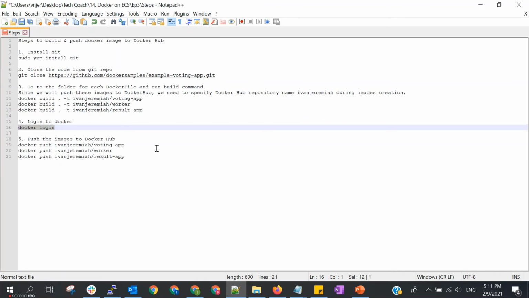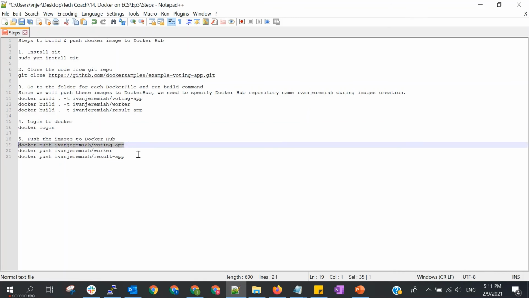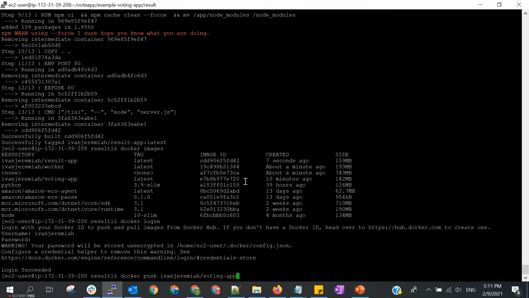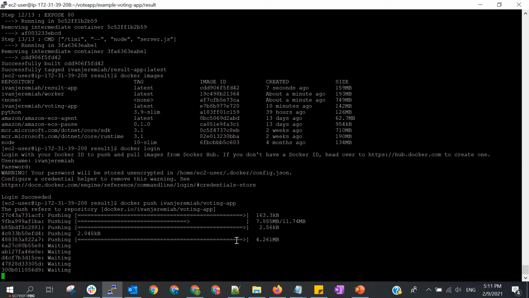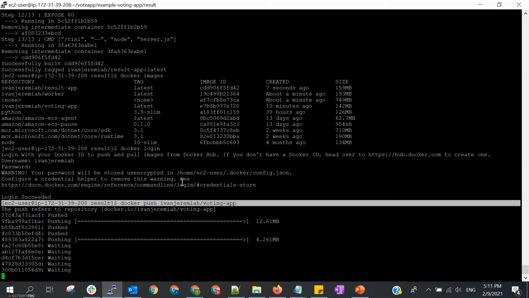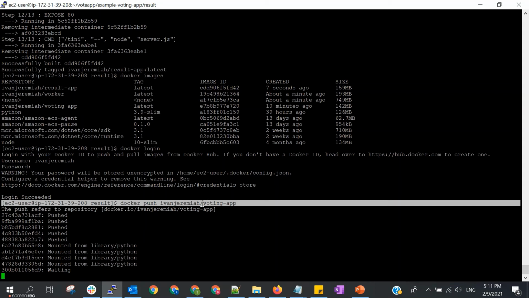Now after login, we need to run this docker push command. For the first one is for the voting app. Okay, so this command is actually pushing from our EC2 instance, from our server where we built our image, and then it is pushing to Docker Hub.